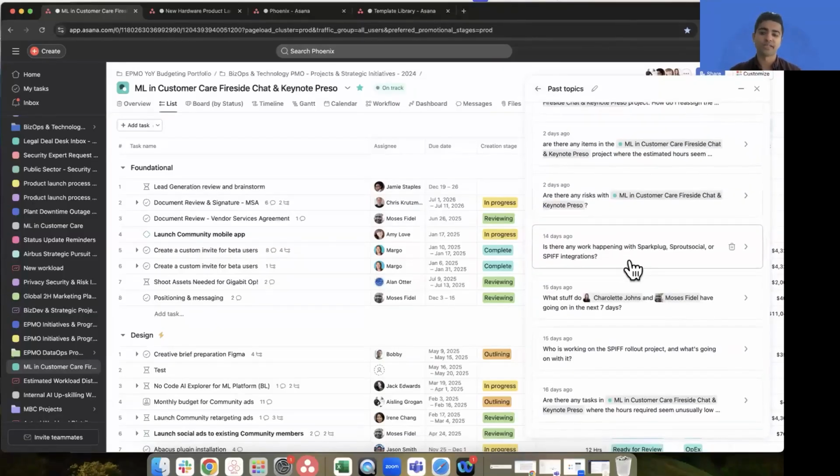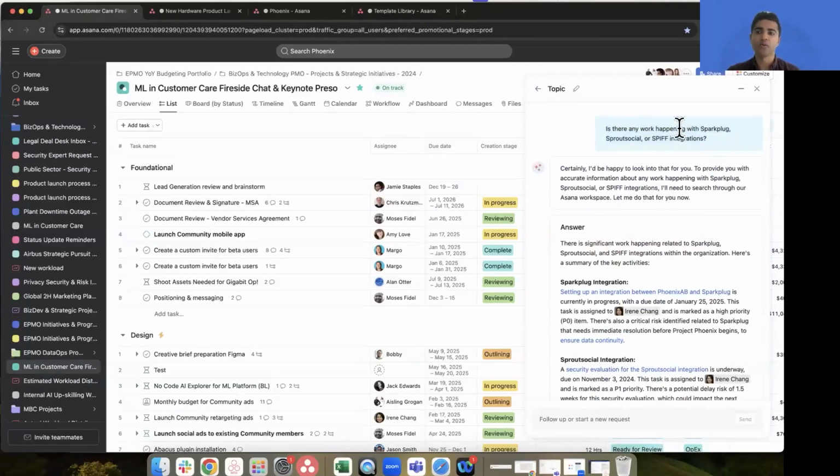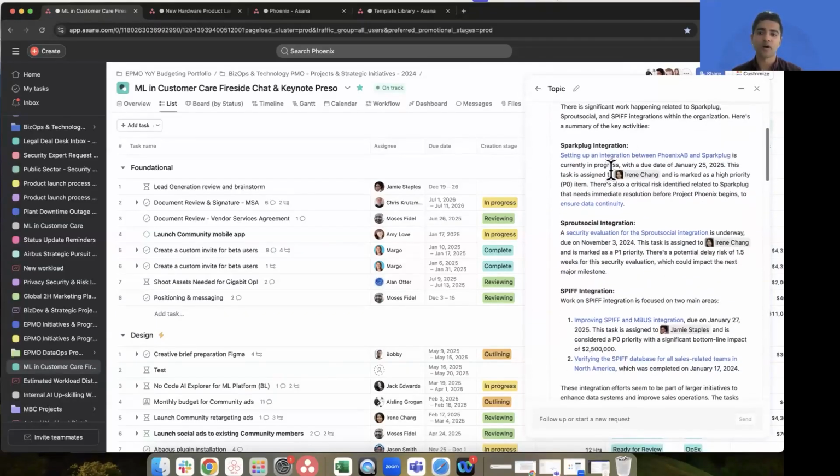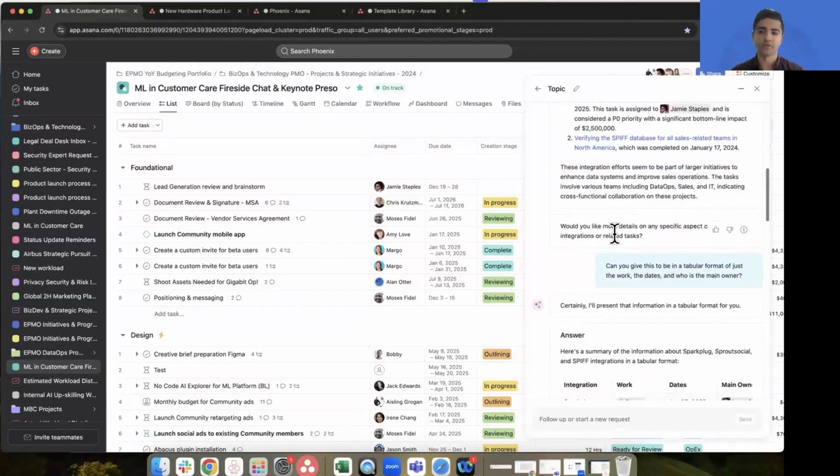The other valuable part of this is that we've been seeing, even for Asana power users, the reliance on regular search, that's up here, the search bar where you're trying to find work, seems to have gone down a little bit because they are now starting to use AI to find work because it can understand much broader context without us having to get the spelling and the specific things right. So for example, I can ask it a very general question saying, hey, is there any work where any of these 3 integrations are being worked on? And it's pulling up all of the mentions where that particular integration is being worked on. It doesn't matter which project or portfolio it's in, provided I have access to it, it's going to pull those up.